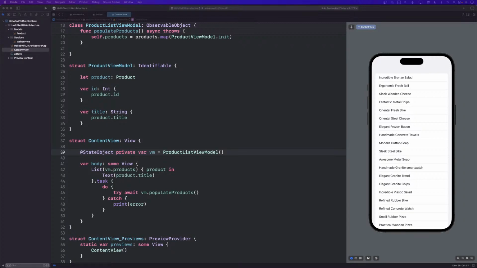So if you have been doing iOS development, this might be the most common pattern that you have used. So any questions at this point? All right.